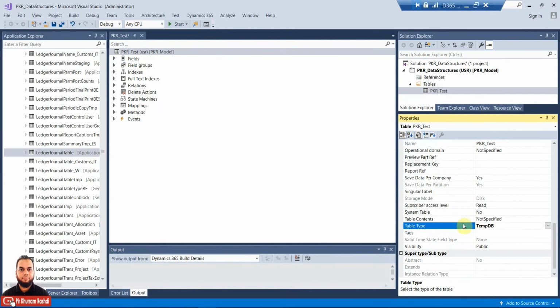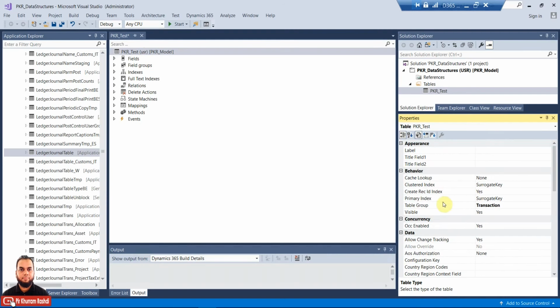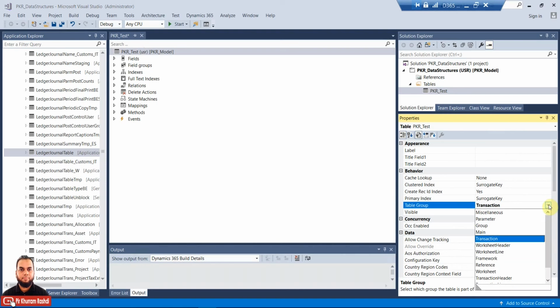So now what about worksheet header and worksheet line? We have just checked the ledger journal table and ledger journal line, which use worksheet header and worksheet line. This kind of table group is used for data entry data sets such as purchase order.